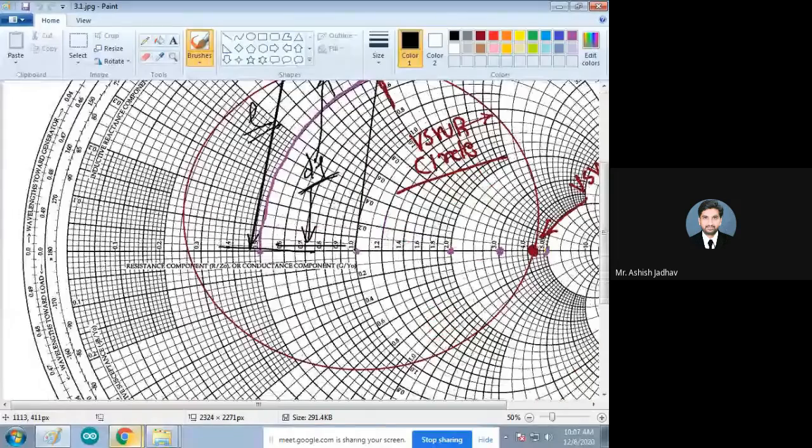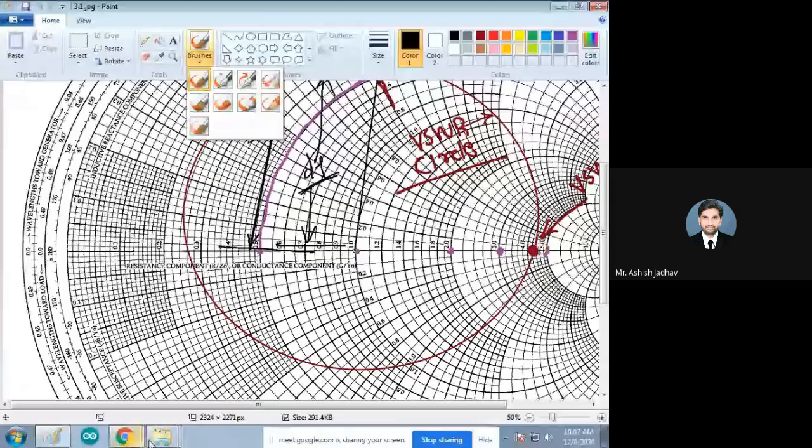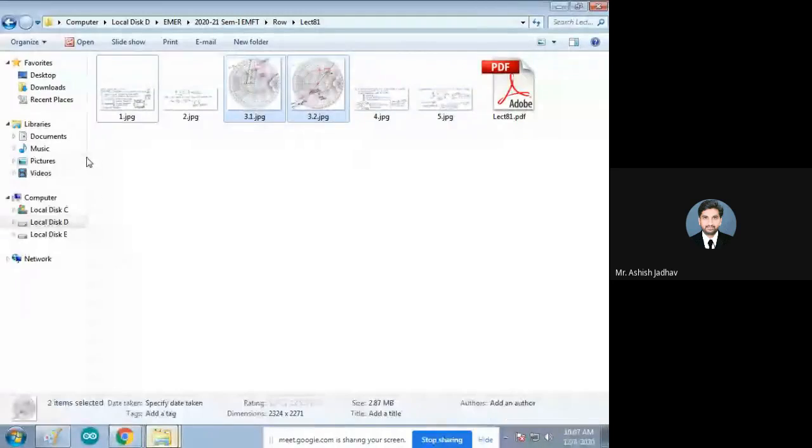So this is the circle, and let me highlight the circle which is called, let's say,